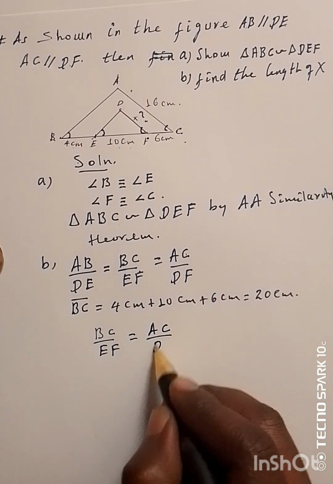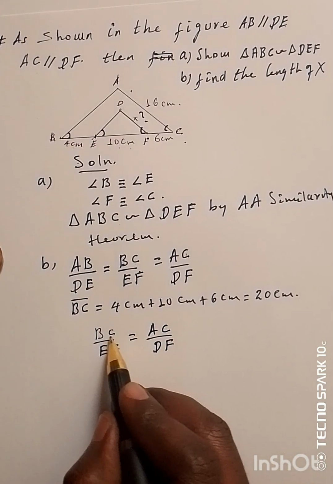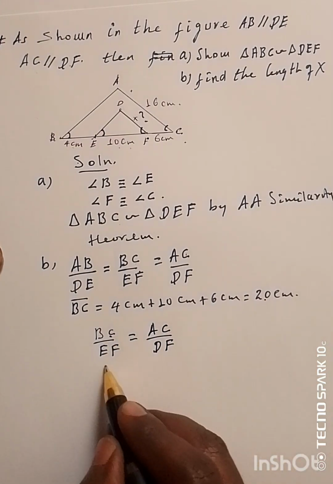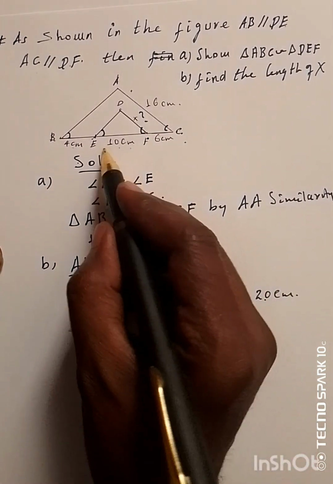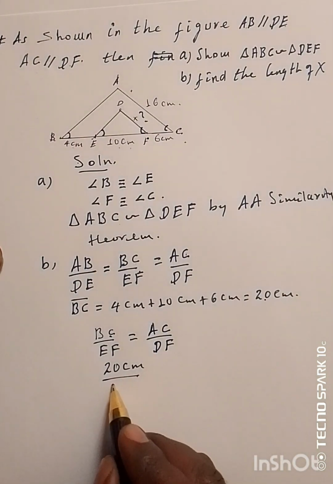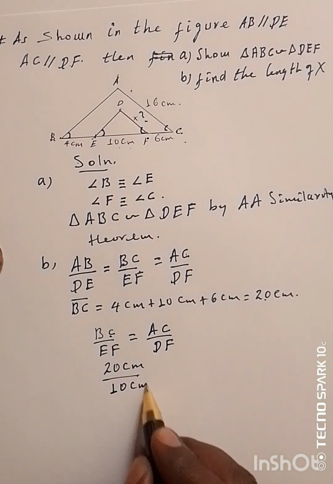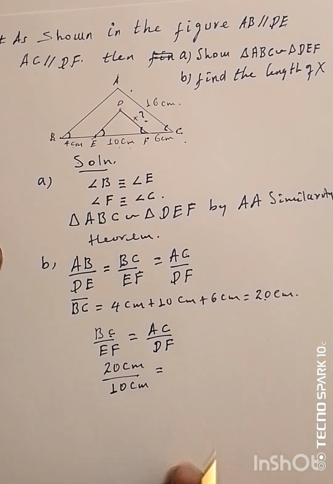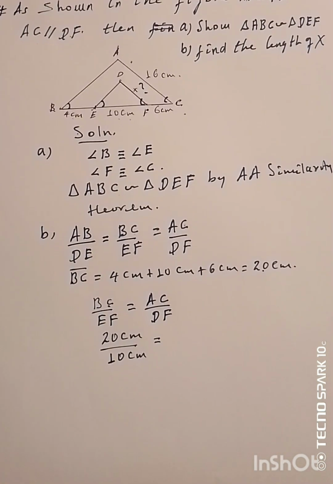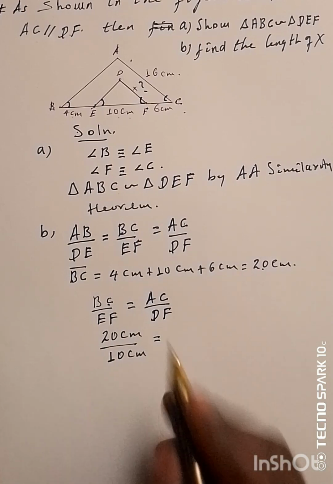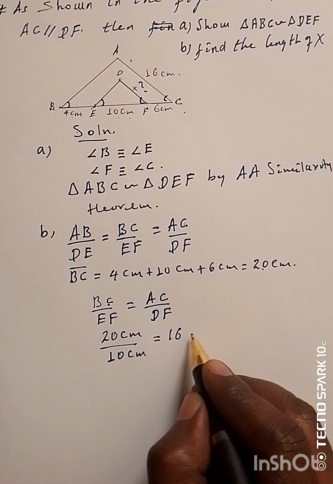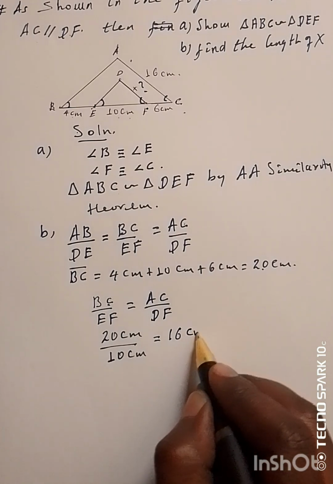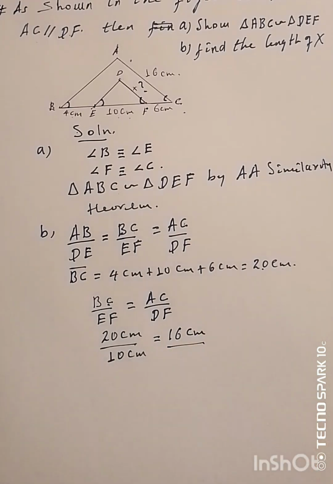So BC is given, that is 20 centimeter, EF is given, that is 10 centimeter, equals AC. AC is 16 centimeter over